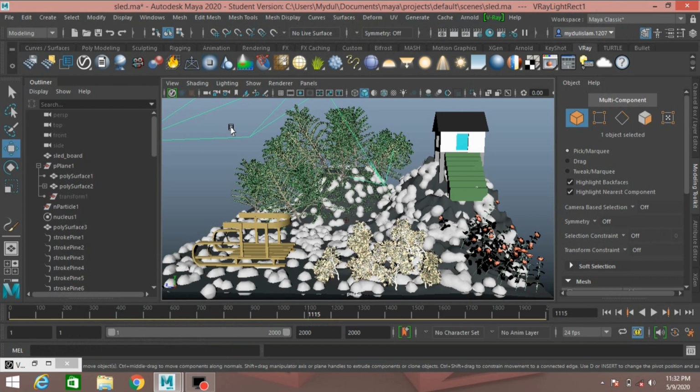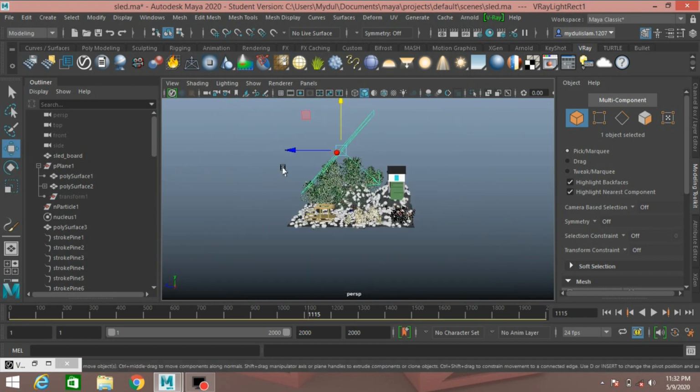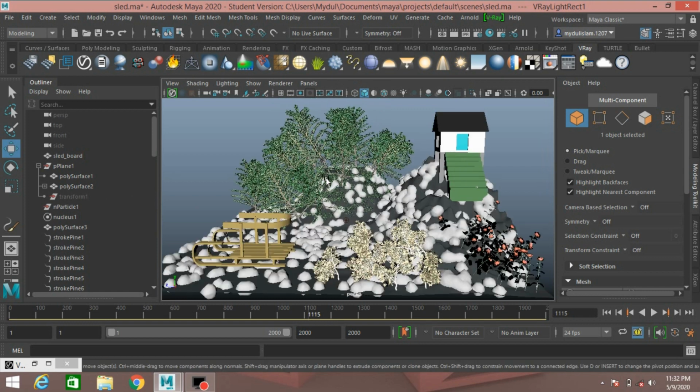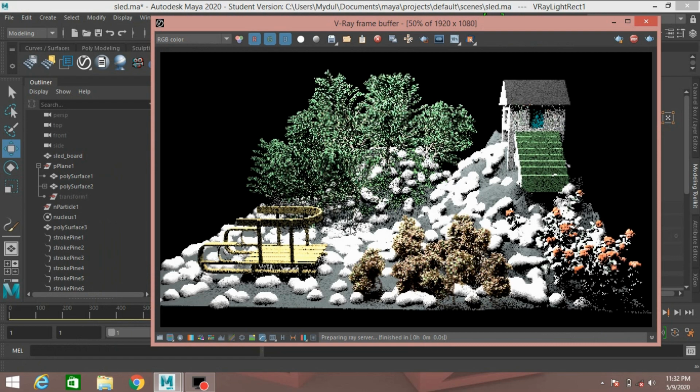Now rotate the light and also move it here just like this, and see.